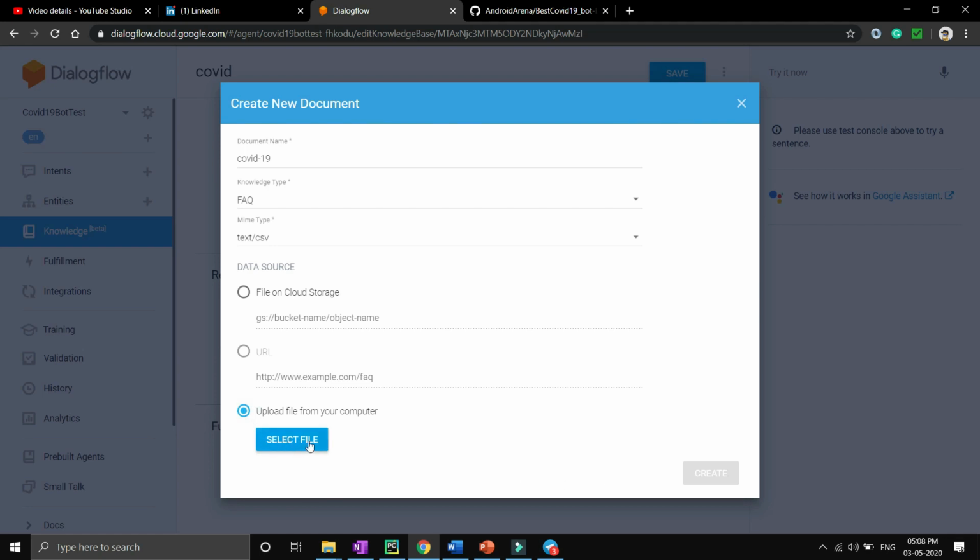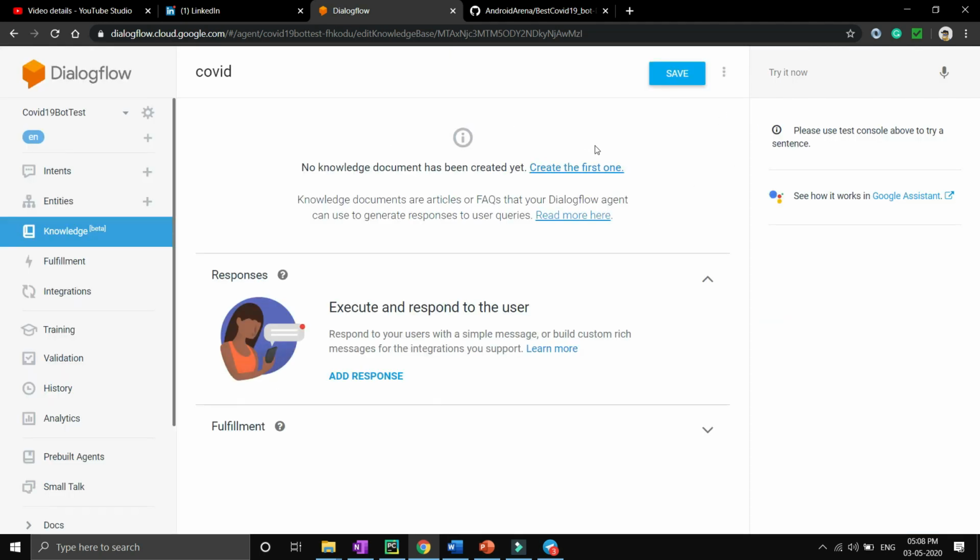In the later stages, I will tell you how. And then you have to click on save. So whenever a user asks some questions related to those FAQs, our bot will be able to understand that it is being asked from the knowledge base. So the bot will reply to that particular question from the knowledge base itself.